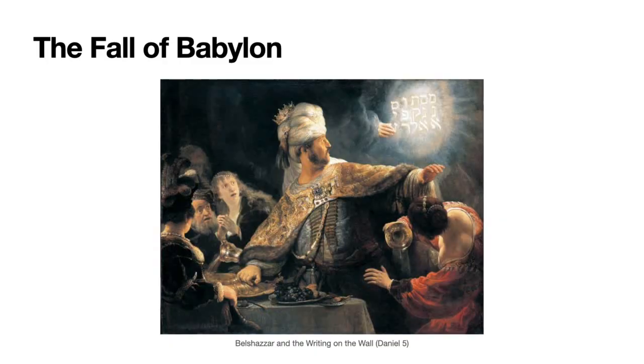Nabonidus negates a treaty with Media and aligns the nation with Cyrus and the Persians. Well, this allows Cyrus to turn his attention to Media directly to their north. Cyrus defeats Media and absorbs Media into his nation. This is the birth of the Persian Empire, or the beginning of the Medo-Persian Empire, later on simply referred to as the Persian Empire. So now with the combined forces of Media and Persia, Cyrus the Great then turns his attention to Babylon, invades the city. Nabonidus flees the city and leaves his son Belshazzar in charge of the city.